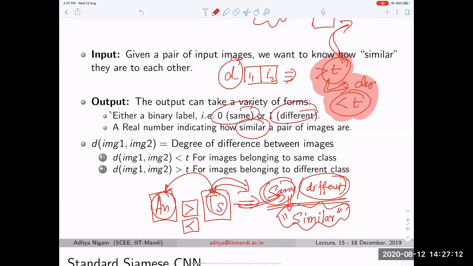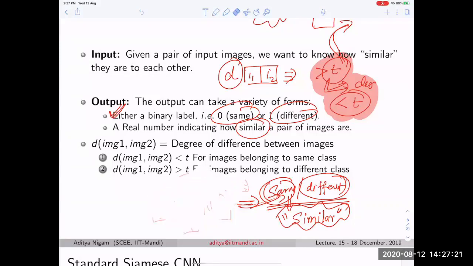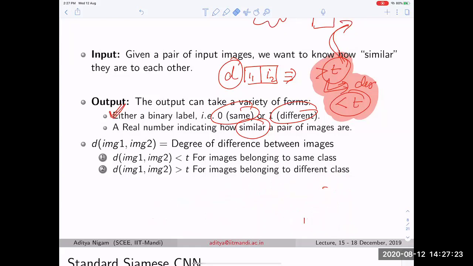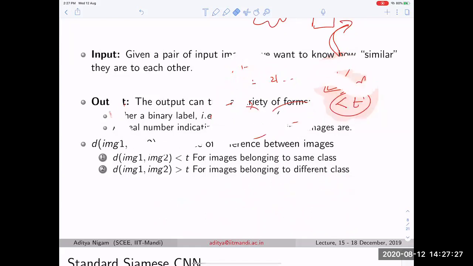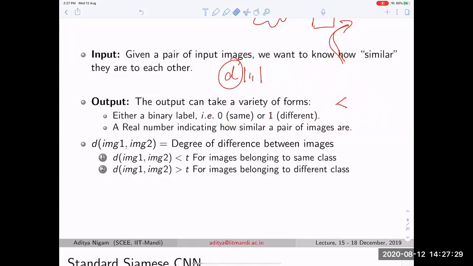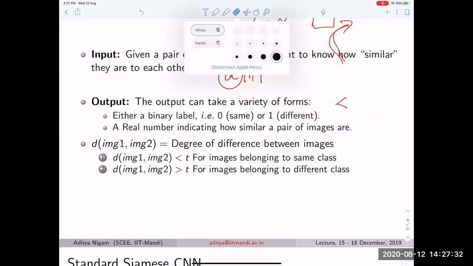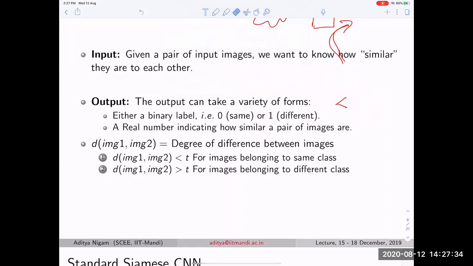So for me to decide a binary thing is easy, but it is going to have a huge amount of averaging. Instead of that, you wanted to come up with a comparator. This comparator is just going to tell you that if you give me two images, I am going to tell you whether they are same or they are different. That is going to be easy for a network to learn, but the loss is going to be high and the performance is not going to be very good.